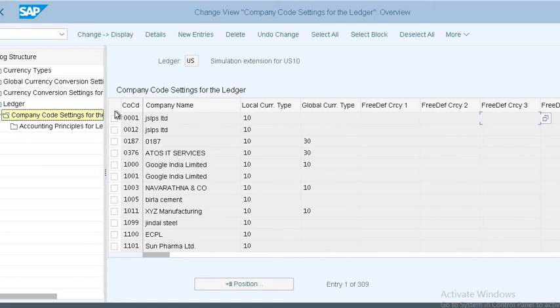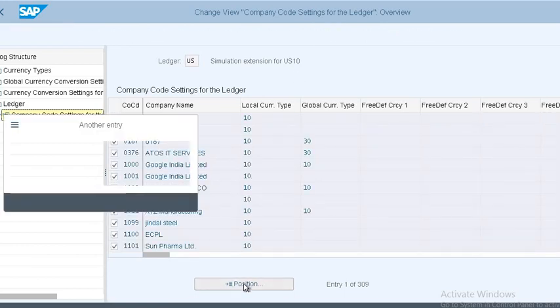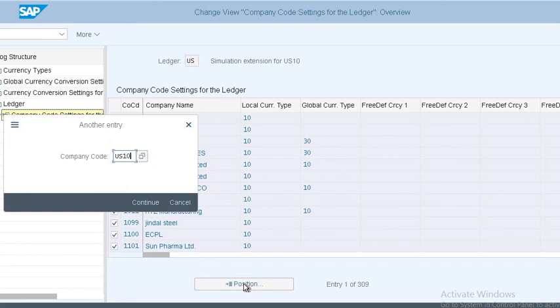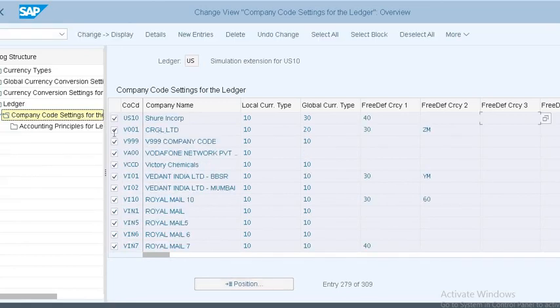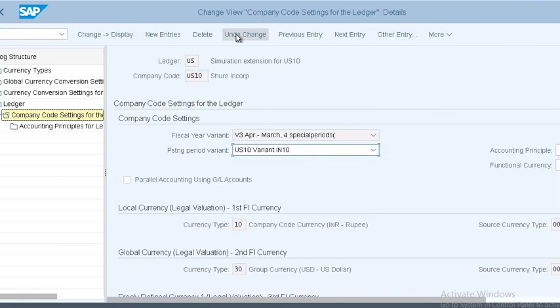What you have to do is select all and deselect your company code, and the rest you can delete. Always for the extension ledger, other ledgers will also appear, but you should not keep them. You should keep your company code only, then delete the remaining company codes. Okay.